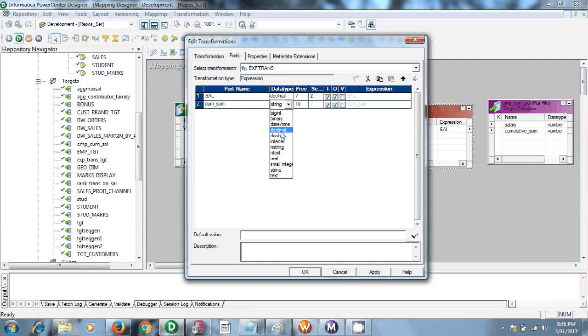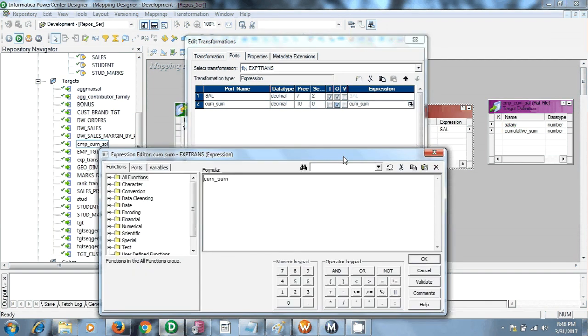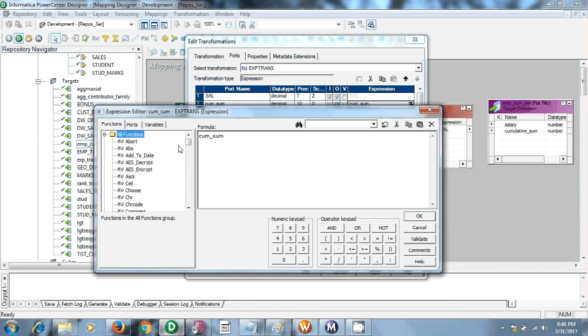Here I am going to pass an expression. Expand all functions, and here you can find a function called CUME. It shows: returns the running total by row for a set of values.